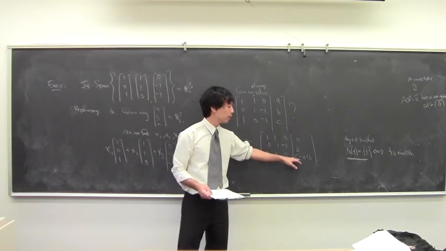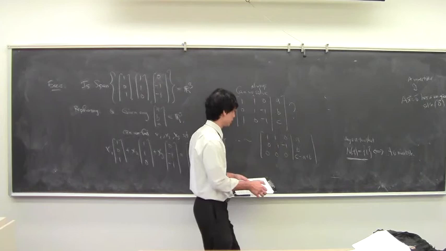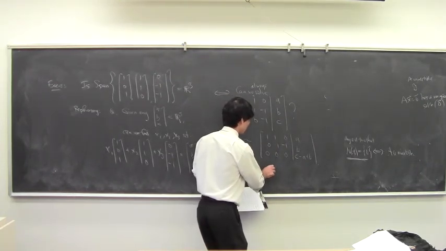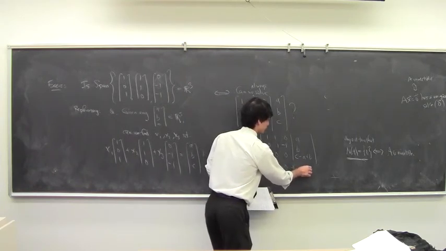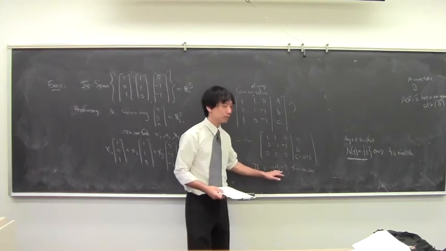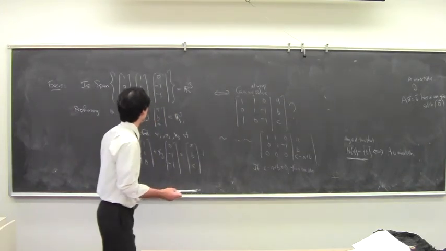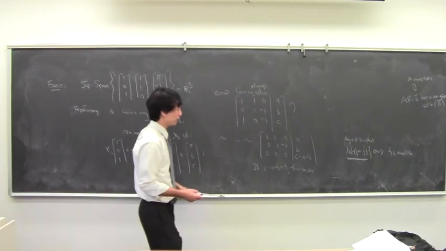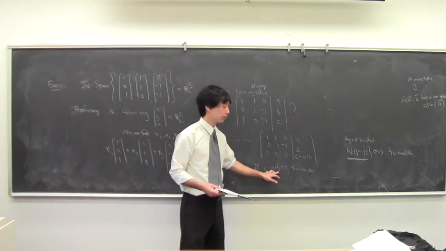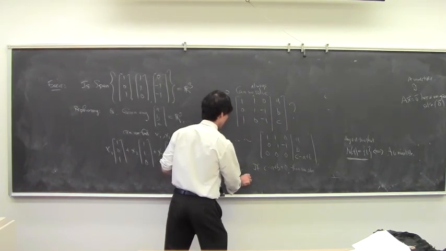As long as C minus A plus B is 0, then you're okay. So if C minus A plus B equals 0, then you can solve. But if it's not equal to 0, then this is impossible. And so the answer is no. The span isn't all of R3. It's actually this plane, z minus x plus y equals 0. So the span is actually